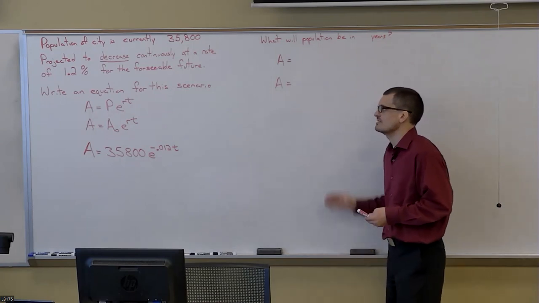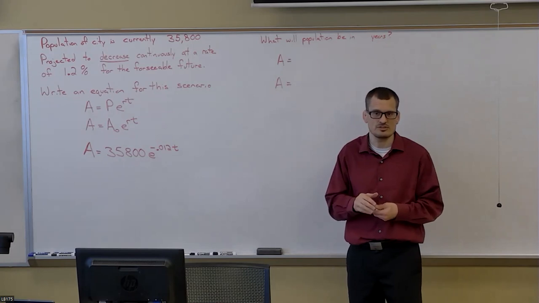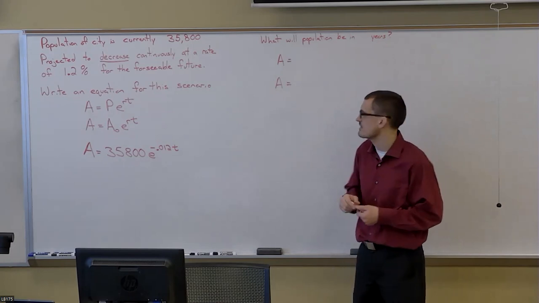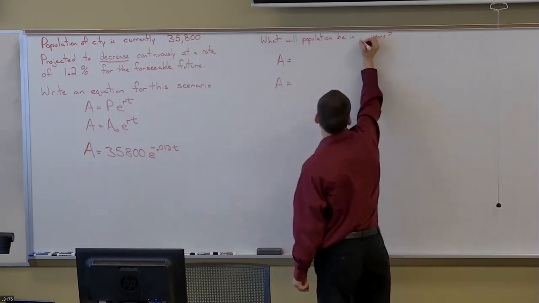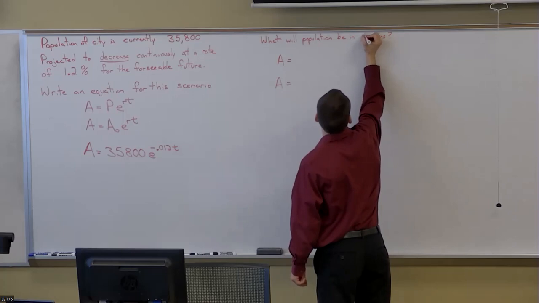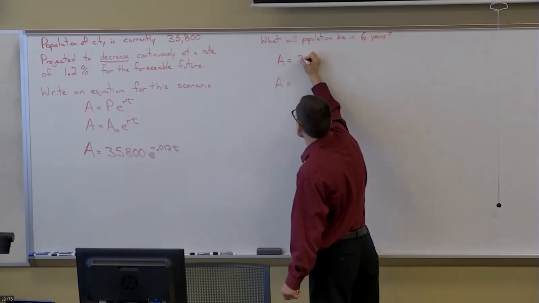So anytime we're decreasing, use a negative rate. Just use a negative R value. Increasing, we use positive R values. Let's ask, what will the population be in 6 years? Well, in 6 years,